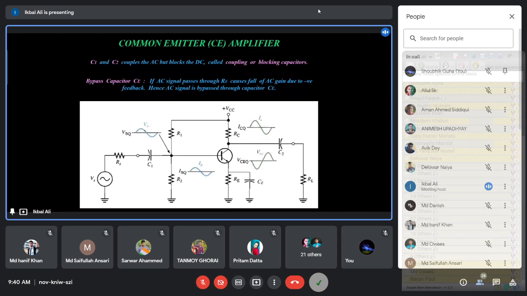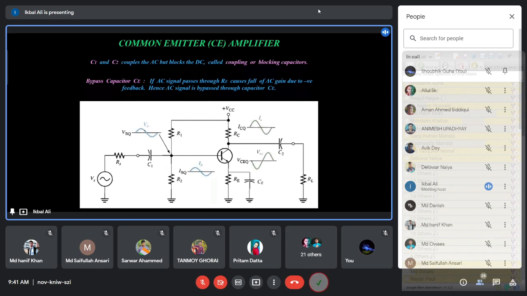Then you have to apply your desired signal to be amplified with some capacitors or transformers, such that your DC operating point, that is the working condition of the device, does not shift. If the Q point does shift, then you will not get proper amplification from the device. It may not amplify, or it may not amplify properly. So you must fix the DC operating condition, that is the Q point, first, then apply your signal through some capacitors.